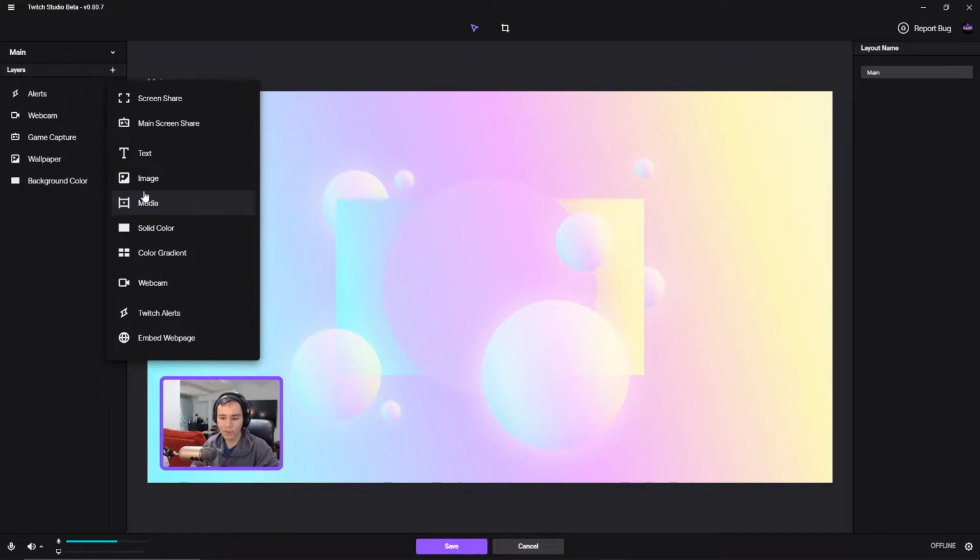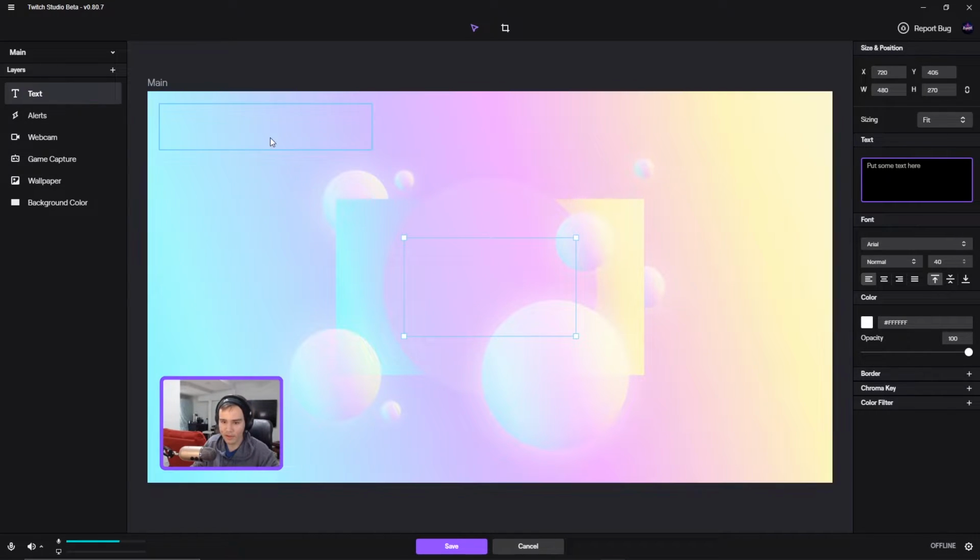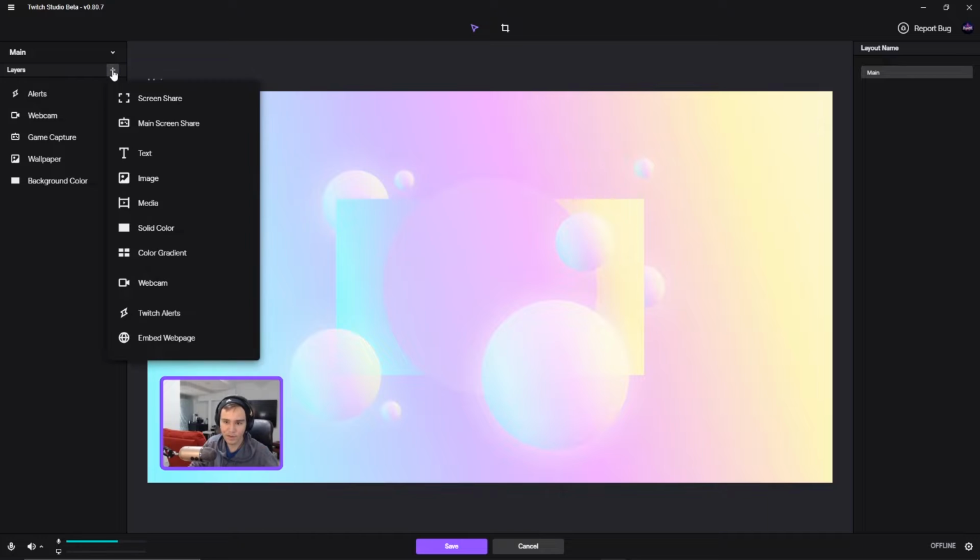One thing that I don't really enjoy is that you can't say have a text box and then link it to a file. Like with OBS and Streamlabs OBS, you can link it to a file so that it'll read from the file, and you can have stuff that automatically rotates in and out, like your now playing track, or some people have their donations set up through that instead of the traditional Streamlabs or Stream Elements or Muxy or whatever, etc. So that's one thing that is kind of